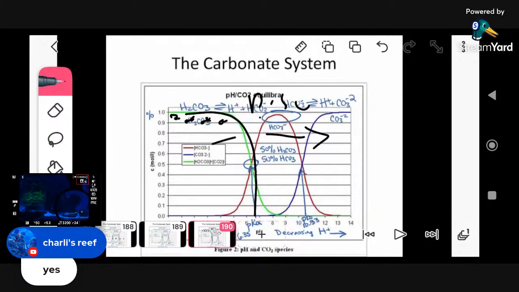If the pH is low, it's not going to dissolve it. In some chemicals, it's the opposite. If it's a low pH, it'll dissolve it. If it's a high pH, it won't, depending on whether it's a buffer or a base. I'm just telling you the general concept, all right?